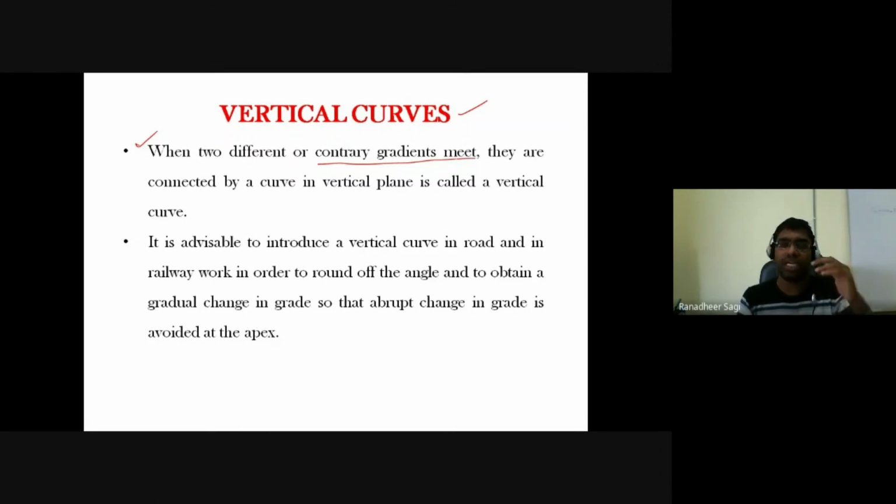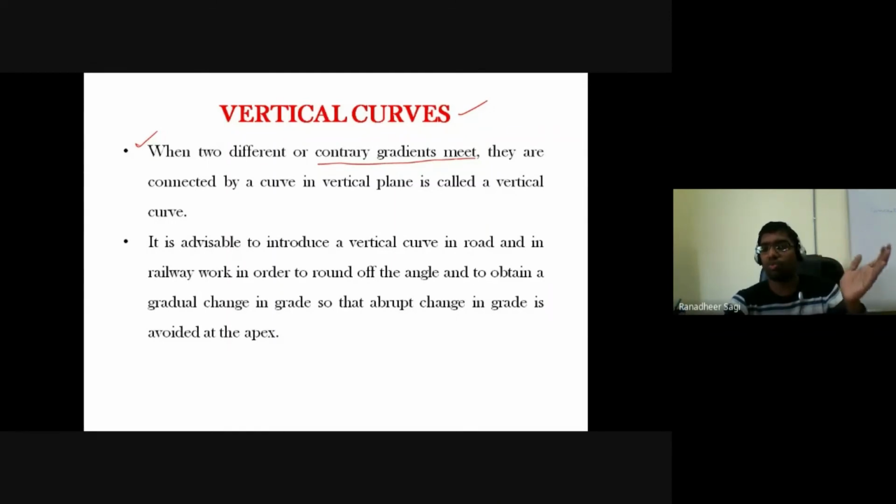Or it could be an increase in slope and further increase in slope, or rather decrease in slope and continuous decrease in slope. So you can have different types of vertical curves which you will come across according to your necessity in the field while aligning your required pavement or track or canal. Because in the case of a canal, we don't talk about increase and decrease in grade, because most of the time canals are aligned to have a proper gravitational flow.